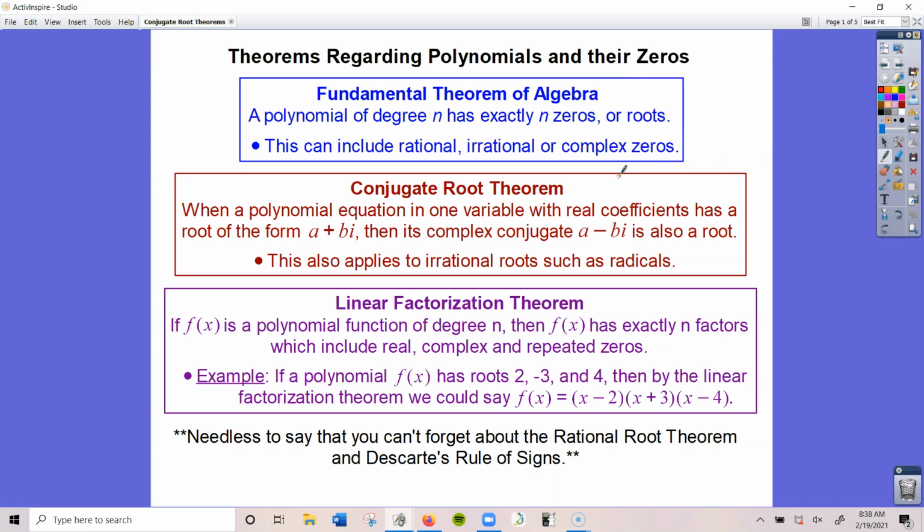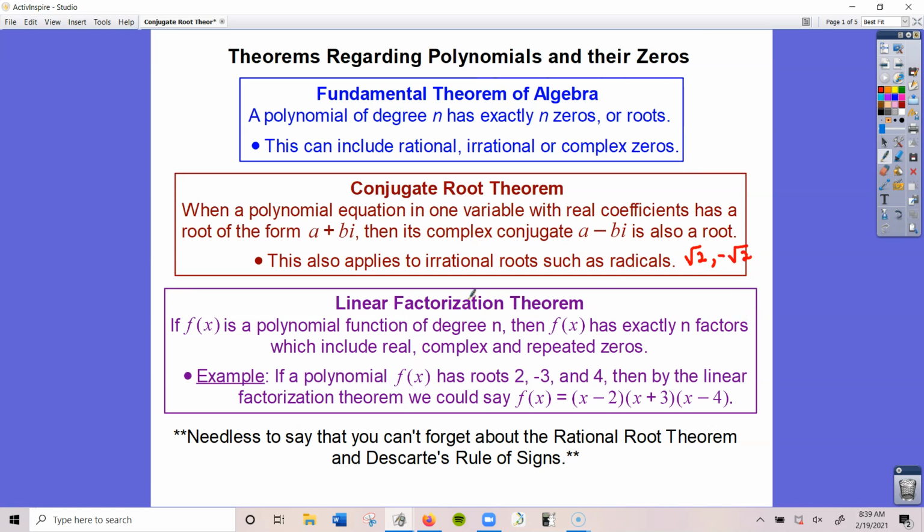Now, the conjugate root theorem states that if you have, let's say, a complex number, such as a plus bi, is a root of the polynomial, then its conjugate, a minus bi, must also be a root. And this also applies to irrational roots, such as radicals. So, like, if the square root of 2 is a root, then negative square root of 2 would also be